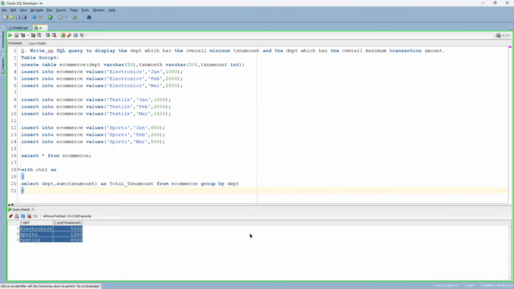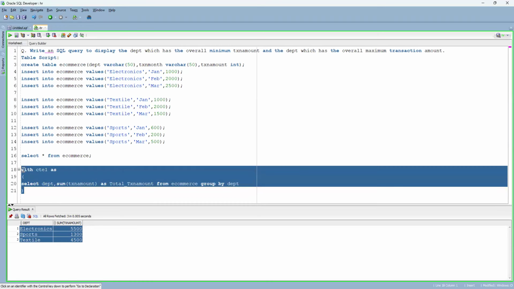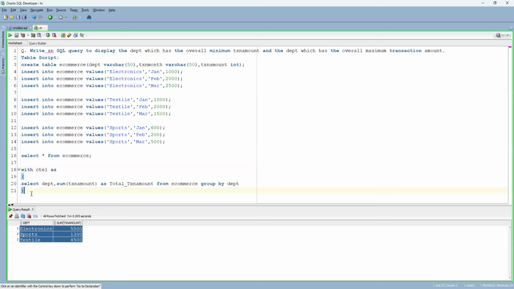But you have to focus on the thought process, that is, how Tanvir is approaching the question. That is important. So step 1 is over. Here we have just tried to find the total transaction amount for each and every department. That's all, nothing else I have done here. Okay. Now, after this, what I'm planning to do is